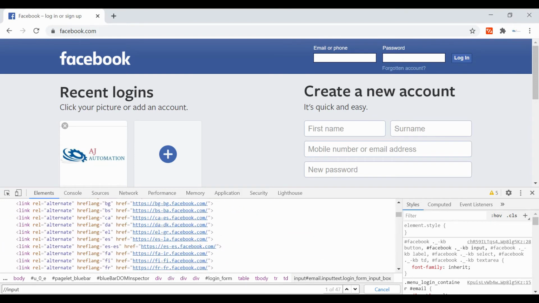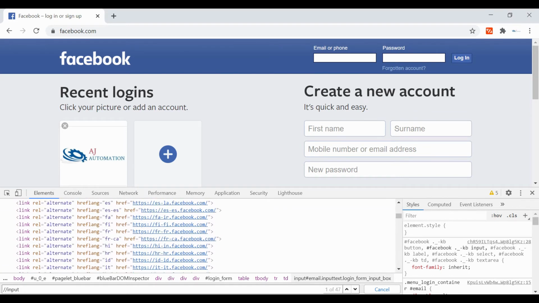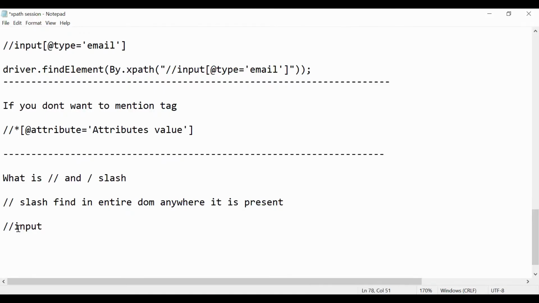If you want to find an element anywhere, we always start with the double slash. This is the syntax of relative XPath, which always starts with the double slash, meaning start from anywhere and find it anywhere in the HTML DOM.